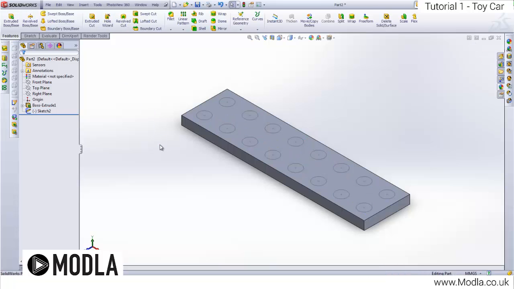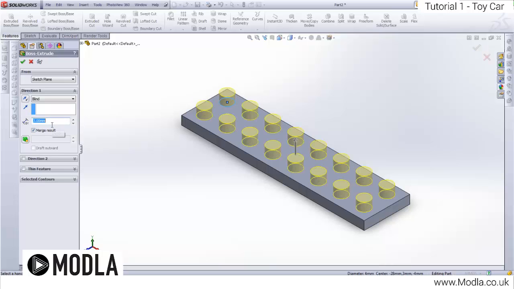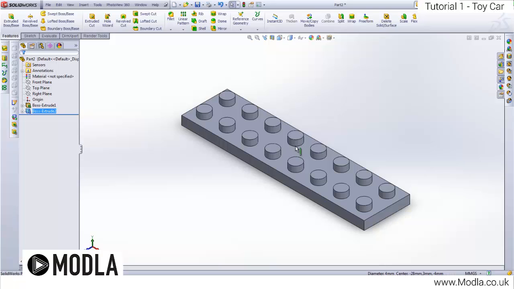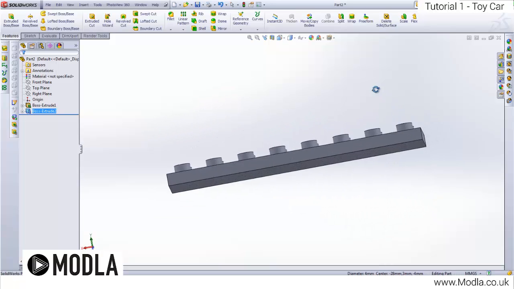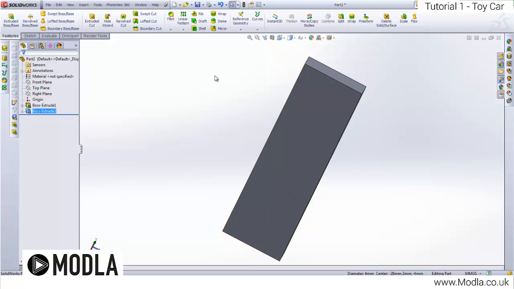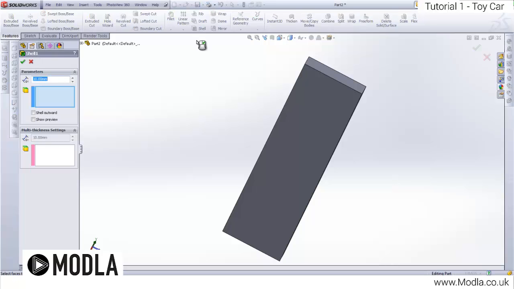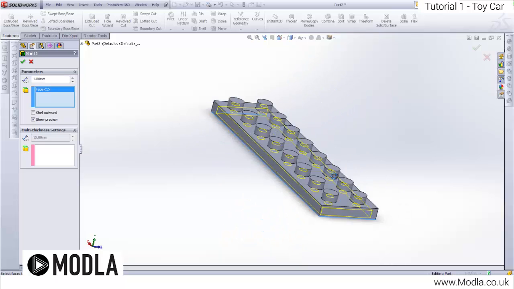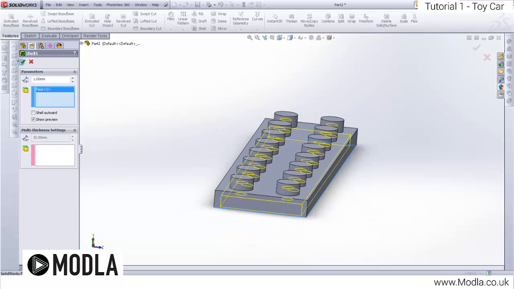So we exit out of the sketch, we go Features, Extrude, we click on the circle, and again we're going to extrude these up this time by 2 millimeters, merge result selected, and green tick. Okay, so that's all ready and correct. Now we've got to add our shell. So if we go to the Shell feature, we'll click on our bottom base there. But remember, we can't see anything, so we tick show preview, and we want to add a dimension of 1 mil. Now we can actually see exactly what's going to happen. If I green tick that,